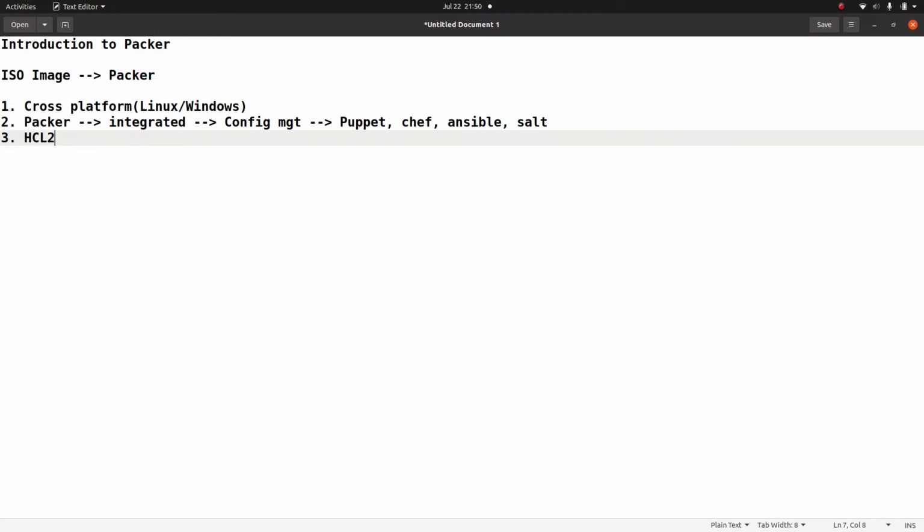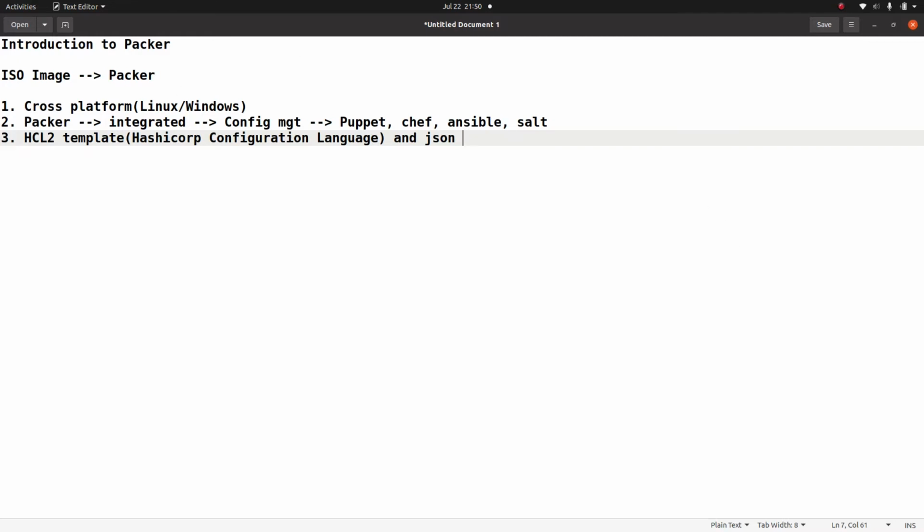HCL, now version 2, stands for HashiCorp Configuration Language. But you can use JSON also. You can use a JSON template to create a machine image using Packer.